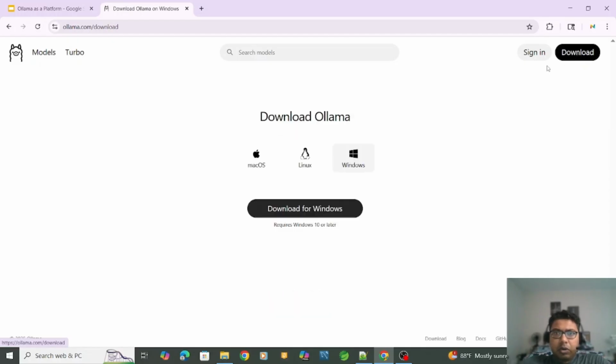Now, if we want to download, we can click download, and based on our machines, in Windows we can download the installer. You see it's downloading the installer. And it's simple. Once the installer gets downloaded, you just double click and install it. So once you install it, you can